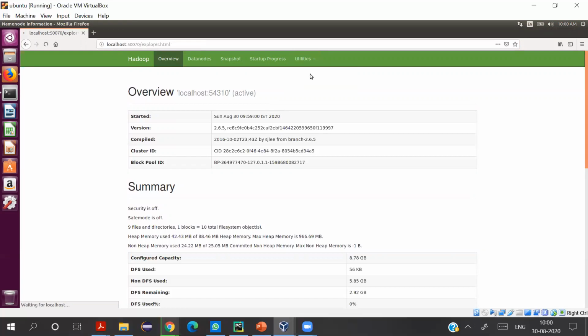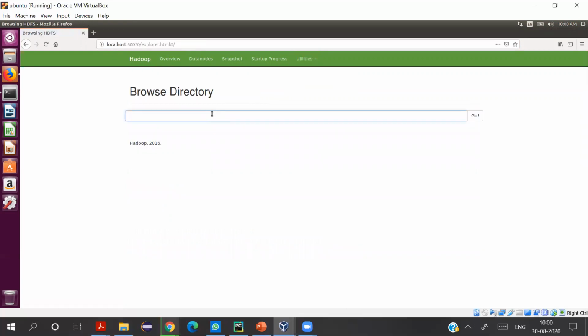Let's go to browse the file system. And then you can put a slash here. You can see that there are currently two items. One is a directory, user, that is the default user directory, and one is the examples.desktop file. We discussed in our previous video that below user there is the folder with the name of the current user, that is hduser, and below that is our trash folder, which contains all the files which have been deleted from your cluster. So that is regarding the user folder.